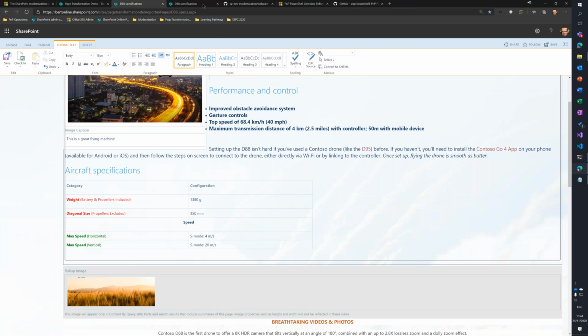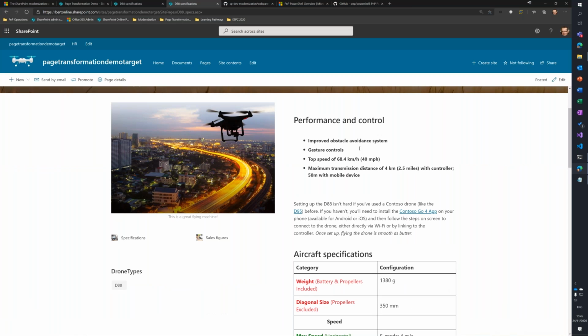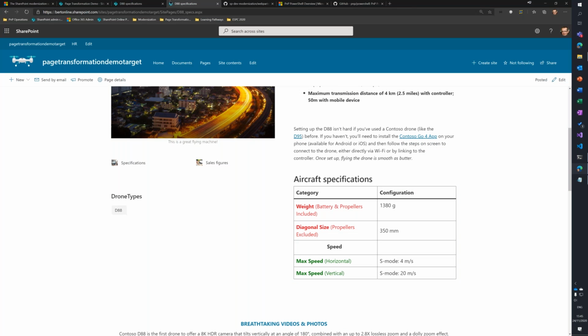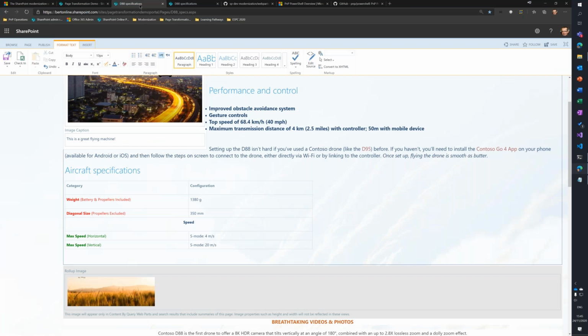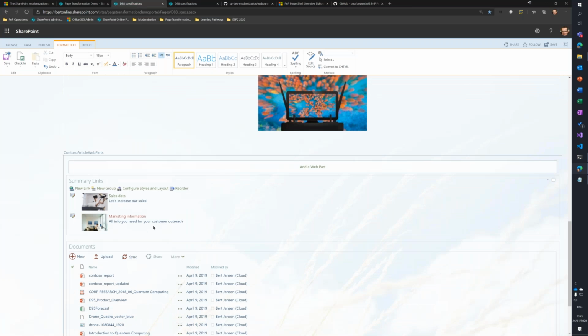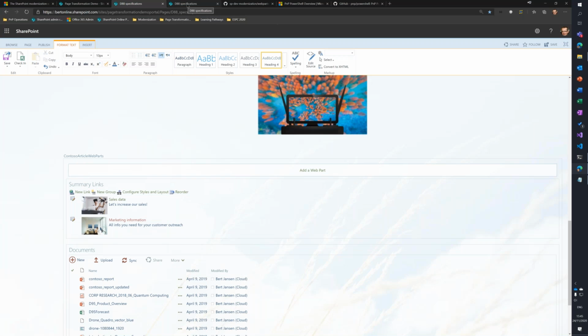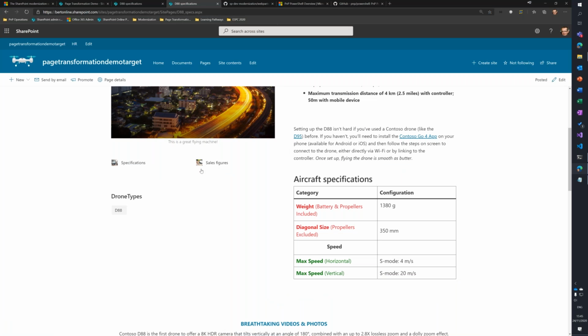We took that to build the header image. Then we just copied the content, the image, the table, and so on. Here we had a summary links web part with images and data. We just translated to this